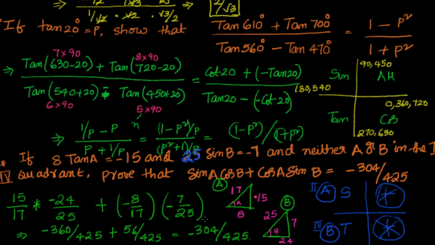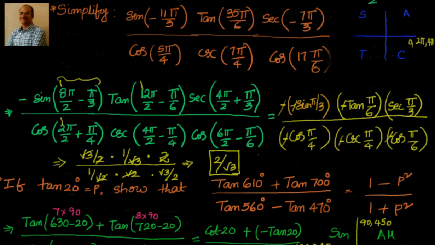The key to solve this problem is you have to identify in which quadrant A and B are lying. So here we have seen that tan A is negative. Tan A is negative, that means A should be in the second quadrant, because in the third quadrant tan is positive. Similarly, sin B is negative. Sin is positive in second quadrant, so B should be in third quadrant. In third quadrant, sin, cos are negative. In the second quadrant, cos, tan are negative. We have applied that. We have used Pythagoras and found the values of all of A and all of B, and we have substituted them in the formula.